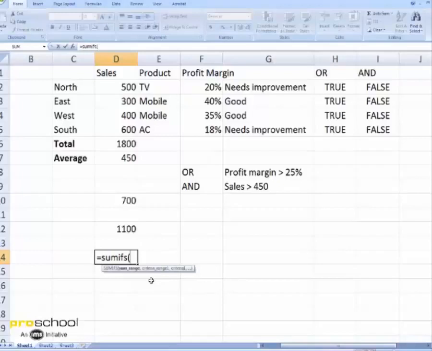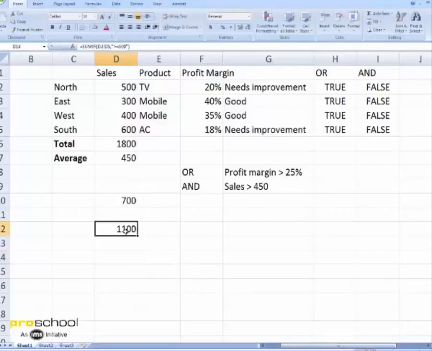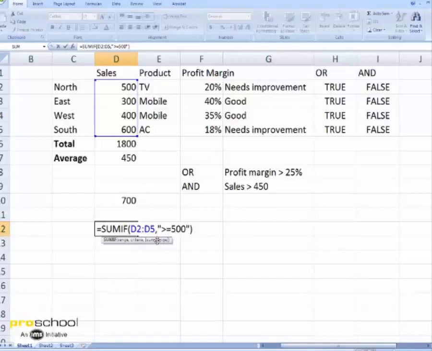The only difference I would like to point out between sum ifs and sum if is the placement of the parameters. So in sum ifs, as you see, the first parameter is sum range. If you go back to sum if, the sum range is the last parameter and optional parameter.